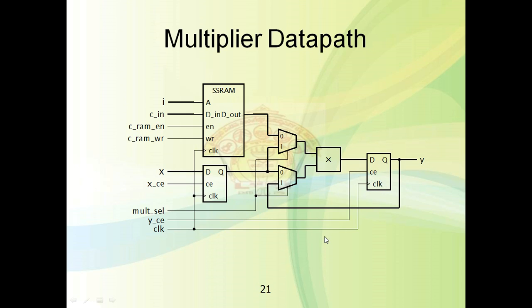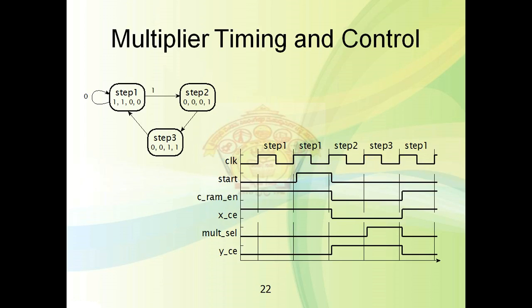So how it will be controlled, we will see the timing diagram of this. Okay, so the timing diagram of this you can see here. So this is the timing diagram for the coefficient multiplier. So this is the control signal, and this control signal enables the multiplication.